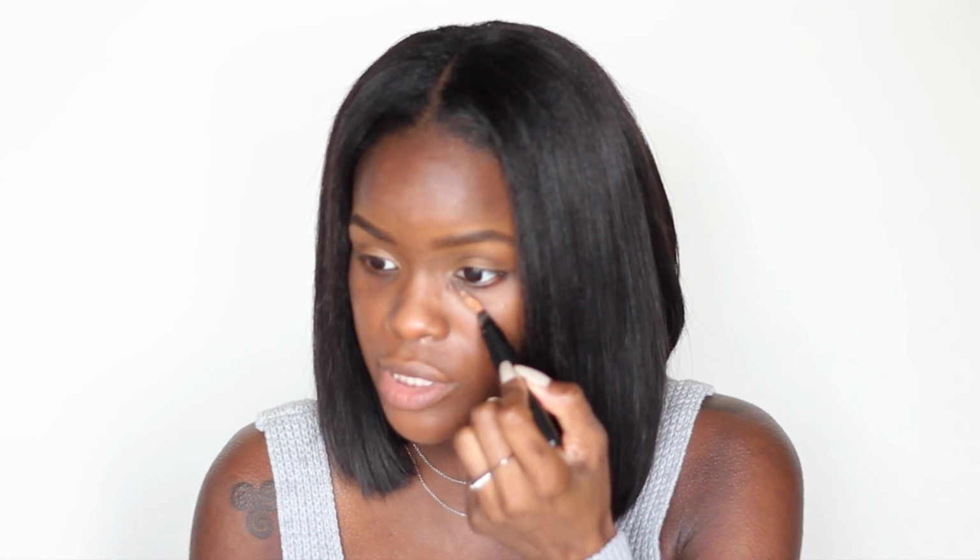I'm also going to correct underneath my eye just a little bit. I don't do this every day, but I just kind of wanted to show you guys the different ways that I cover up dark spots. But I'm going to use a different corrector. I'm going to use the MAC Prep and Prime in Peach Luster. This one is a little bit lighter, and I would never use this one around my mouth because it's a little too light. But I am going to use it just a little bit, literally